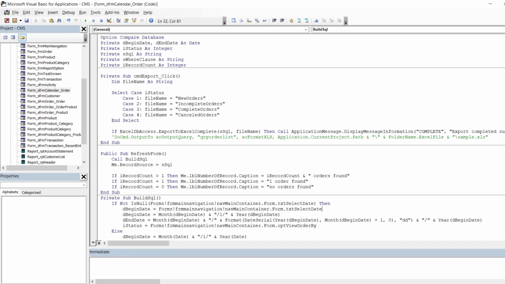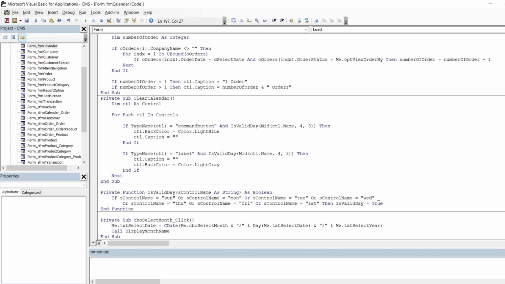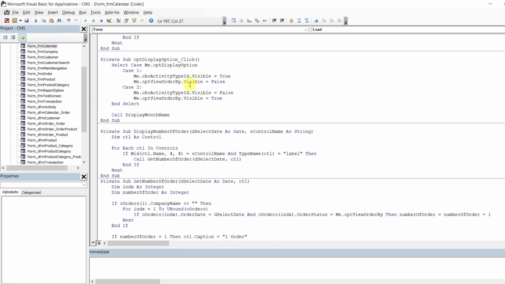So this is a sub form. This is the calendar right here. Okay, let's go back to the option. This guy right here. Let me show you what to do here. In this option, when the activity is selected,